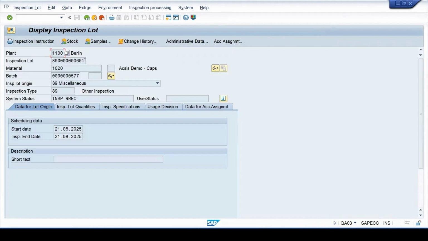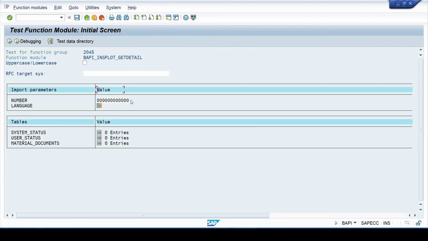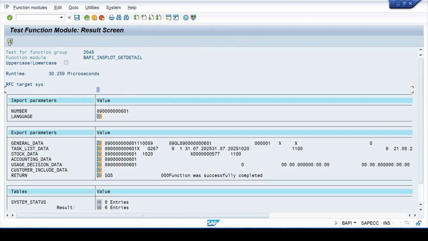Let's take this lot only. When I click on Test and Execute, here I can enter the lot number because it is the BAPI which will show you the detail of the inspection lot. So I have entered my inspection lot number. Click on Execute, and it will show you the details.